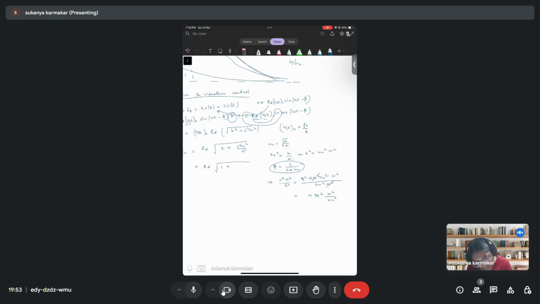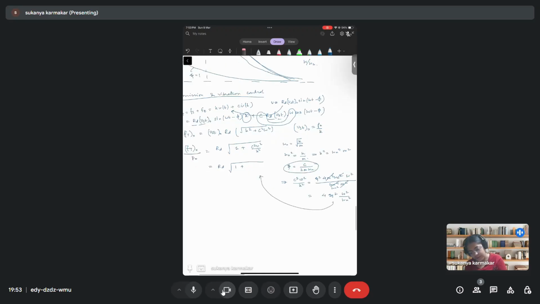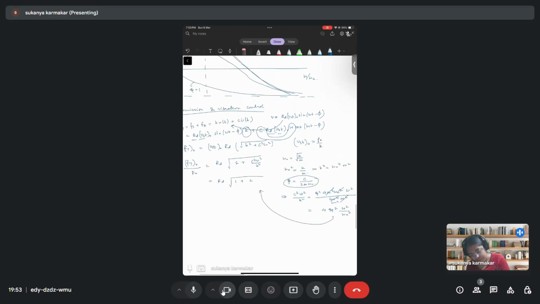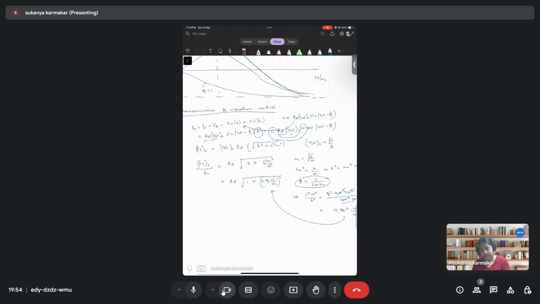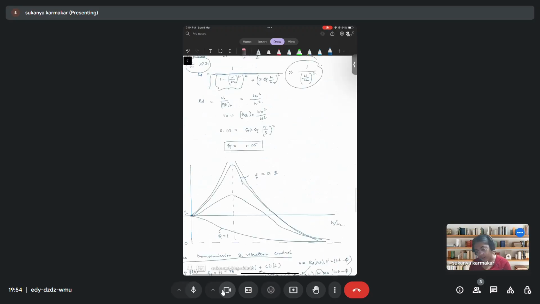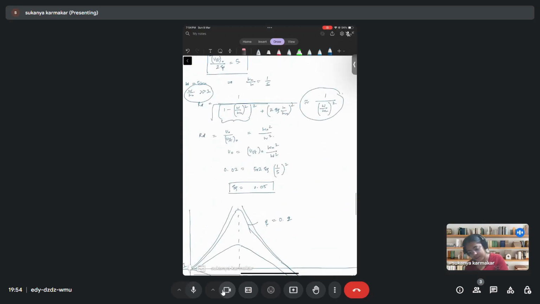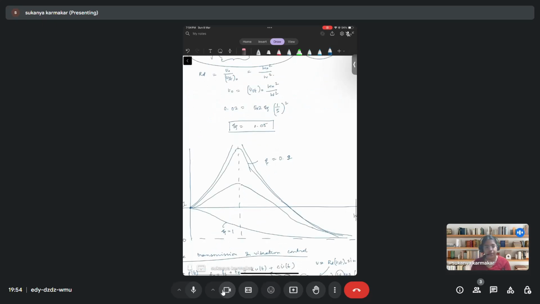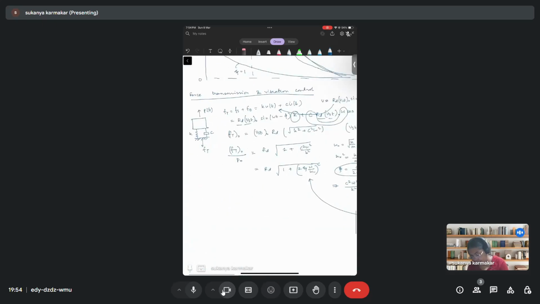M square goes away, and this square, and you're left with omega n square. So if you substitute this here, you will write (2 zeta omega by omega n) whole square. Now you already have an expression for RD. Here we had derived this expression for RD. So if you substitute this expression for RD, you will get